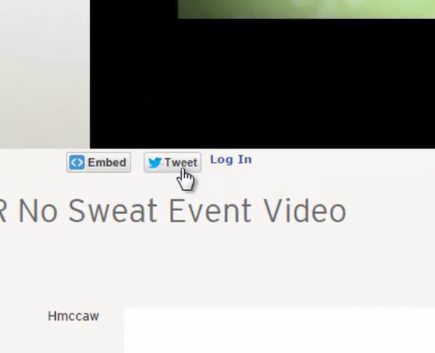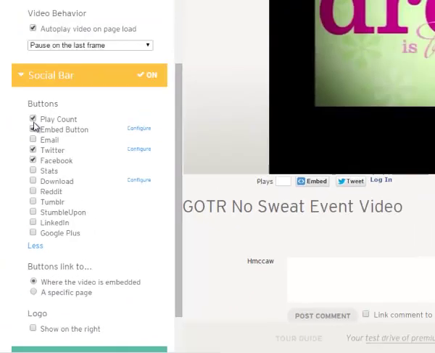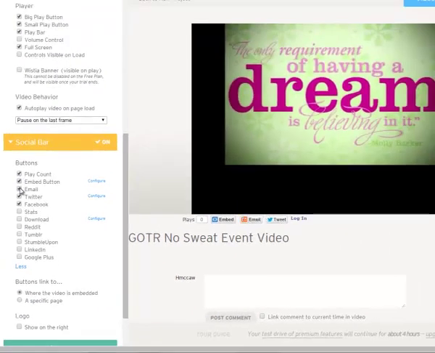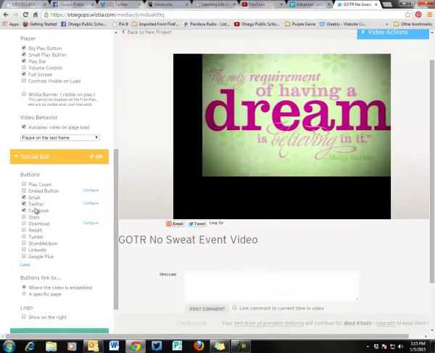Currently it has an embed button. You can tweet it, or you can share it on Facebook. But there are a lot more you can choose from. You can put the play count on there. You can put the email so somebody can email the video to someone, and it just all goes down here. You can also have the stats or allow people to download that video too. So depending on what your video is, what you want to put on here. I'm just going to put kind of the typical things so that people can share our video,